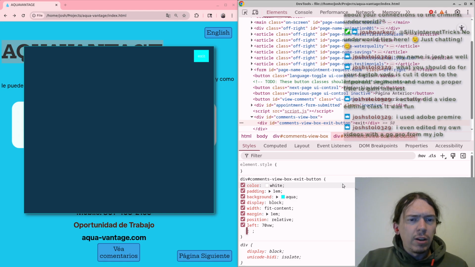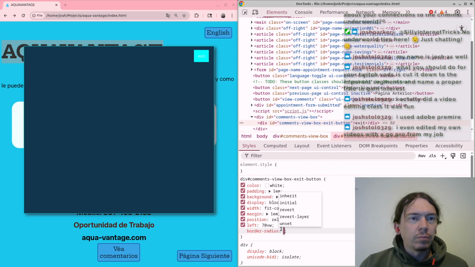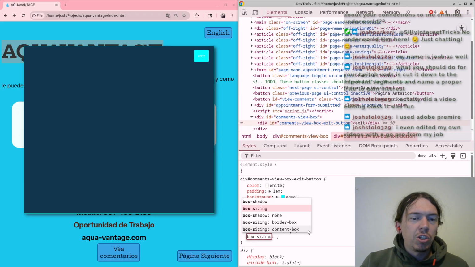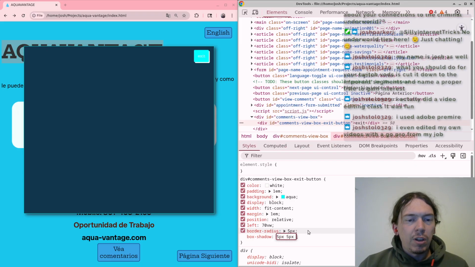Okay, so the color white doesn't really make sense if the background is aqua. Border radius. A little bit of a border radius there, and a box shadow. 5px, 5px, 5px black.